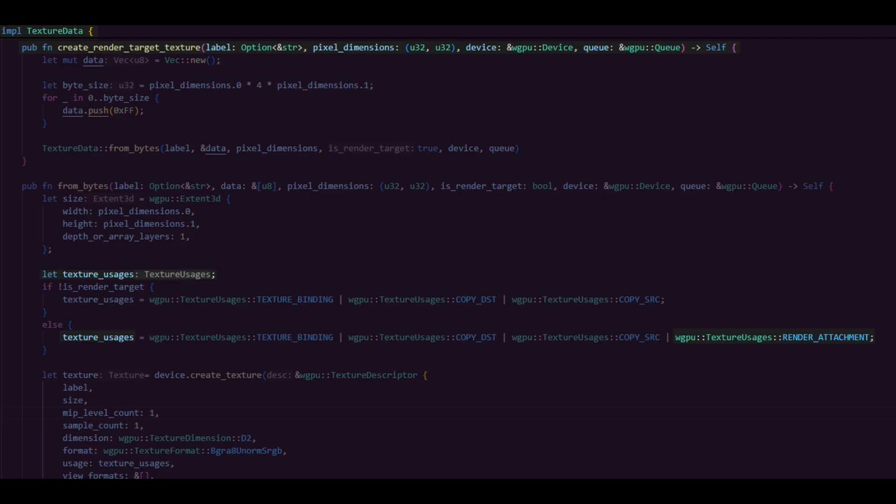We don't actually need a bind group since we aren't passing this to the shader, and we probably don't need to initialize the data since we're going to write over it anyway. But we'll just repurpose the fromBytes function so we don't have to reconfigure our structure for this case. We'll just add a flag that allows us to add the render attachment during texture creation. Then we'll write a createRenderTargetTexture function, which will pass our new isRenderTarget parameter to the function and hand it some